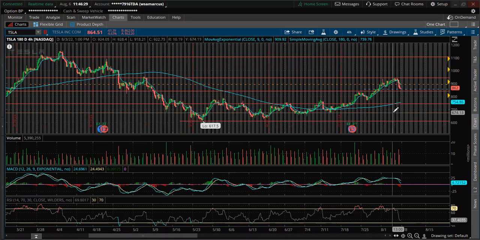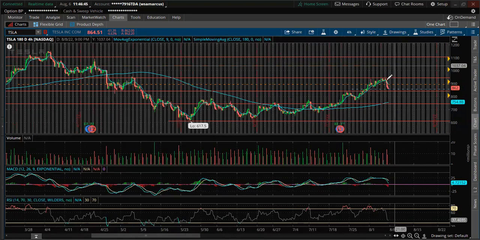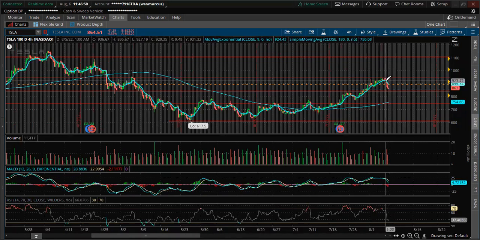But overall, how could you capture this move, right? So the main thing is, one, you want to find previous major resistance zones. As you can see, what stopped Tesla from going any higher than this 950, right? A resistance zone leading towards that drop from that 959 all the way down to 617. So we see that same resistance zone acting as resistance right now. So always look for major resistance zones that basically led into a major pullback or a major bounce in the